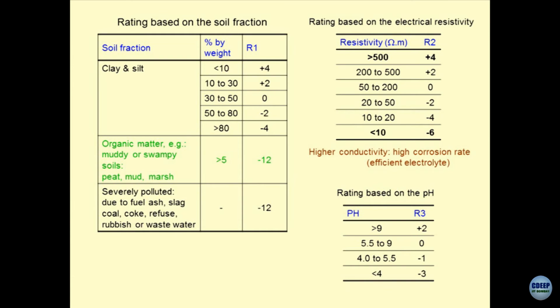The second is R2, resistivity, electrical resistivity. So, if electrical resistivity is very high, then this type of situation has been given more weightage as compared to a situation when resistivity is extremely less. Then we have the effect of electrolytes, that is the pH. If pH is more than 9 or less than 4, we have rated them in a different manner. pH less than 4 is more acidic, and hence the chances of corrosion are going to be more, and hence